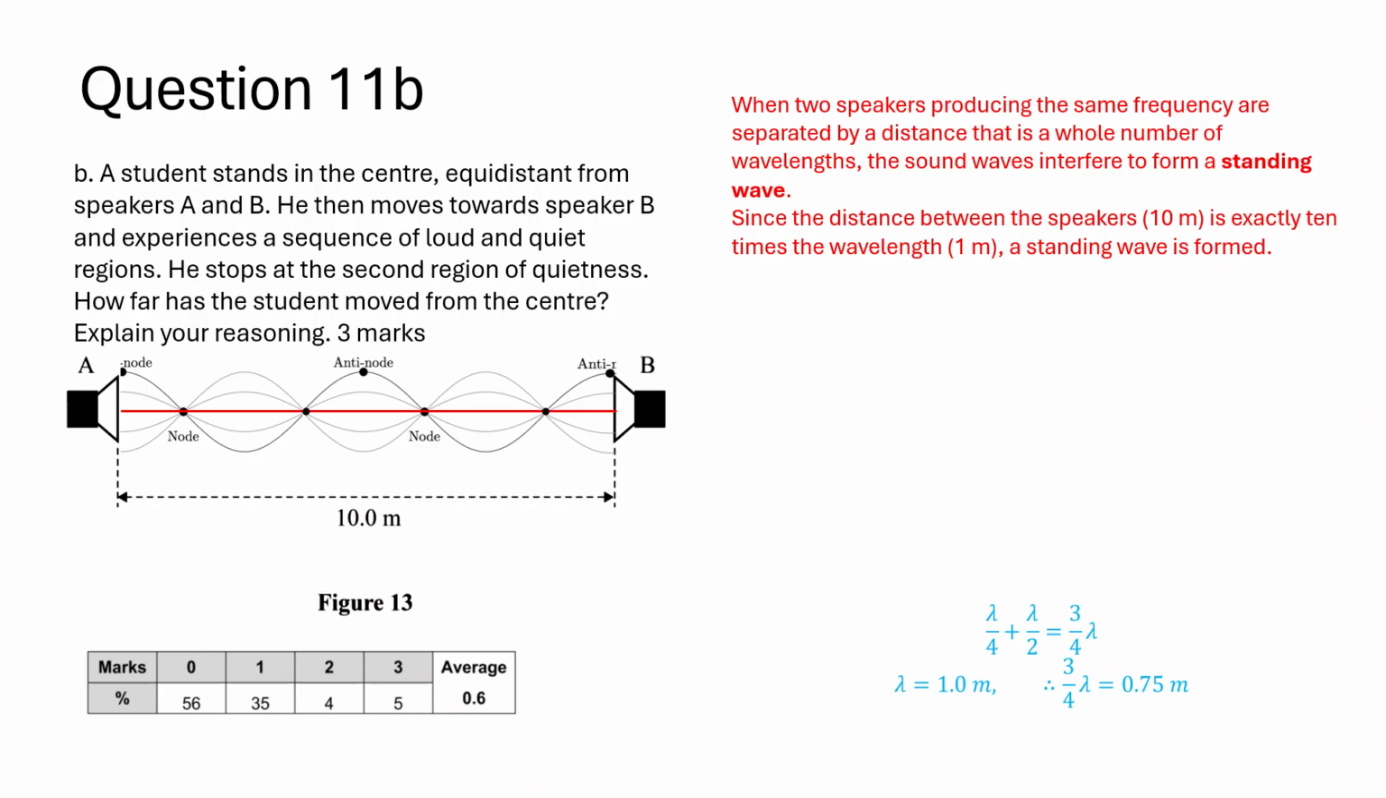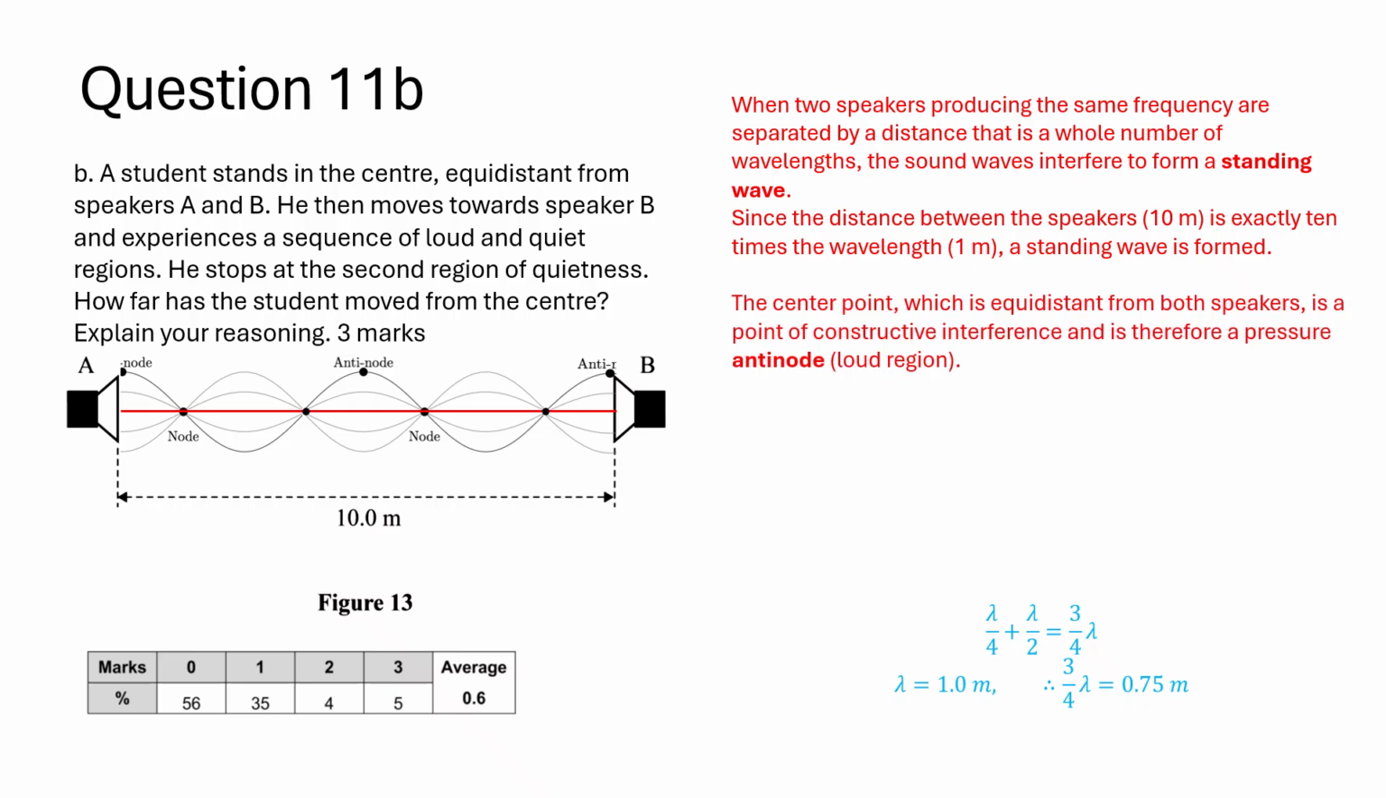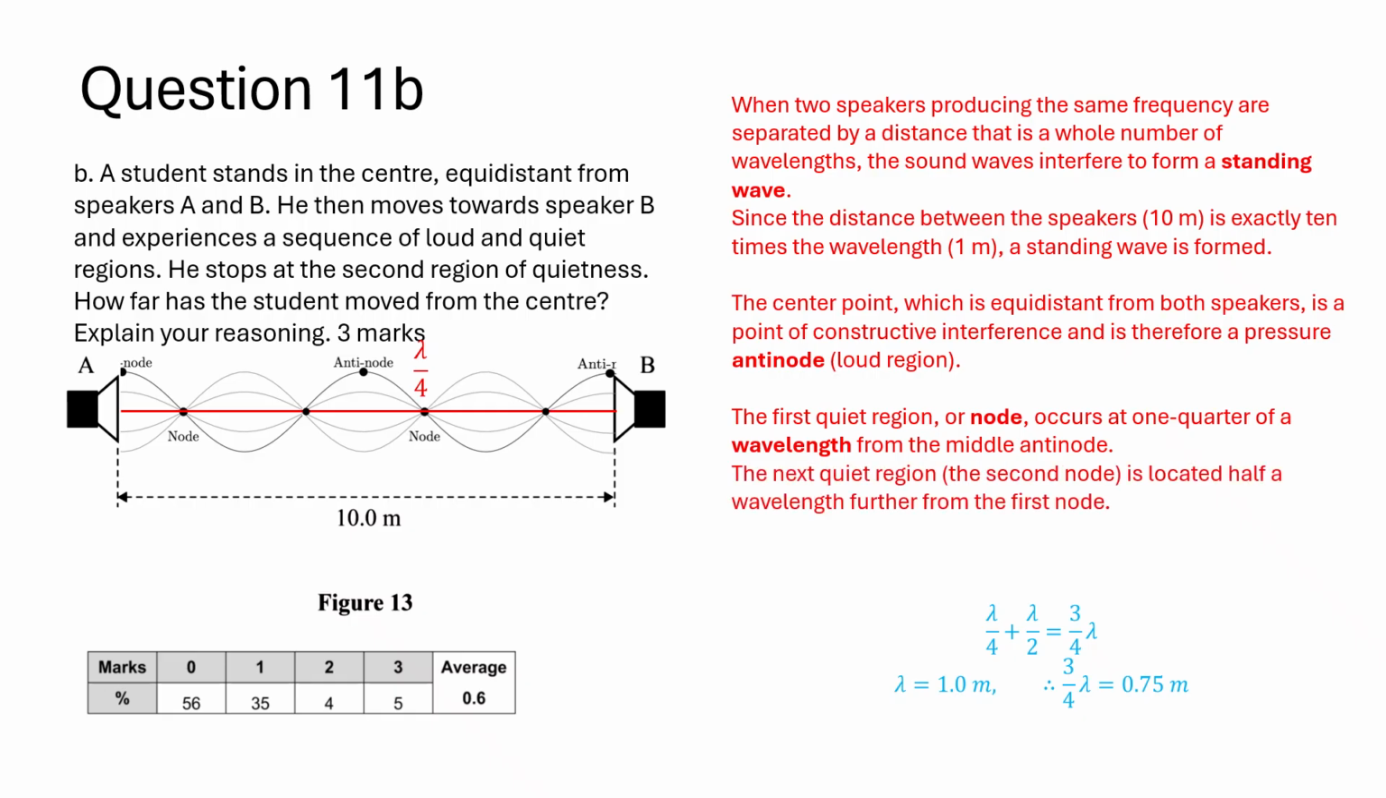The center point, which is equidistant from both speakers, is a point of constructive interference and is therefore a pressure antinode, a loud region. The first quiet region, or node, occurs at 1/4 of a wavelength from the middle antinode. The next quiet region, the second node, is located half a wavelength further from the first node. Therefore, the total distance from the middle antinode to the second node is